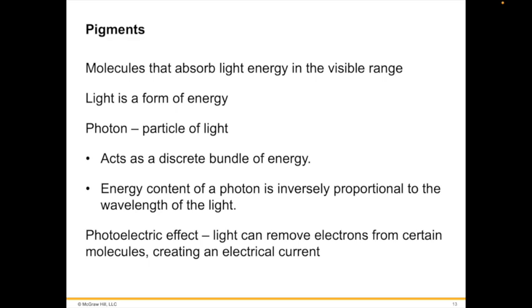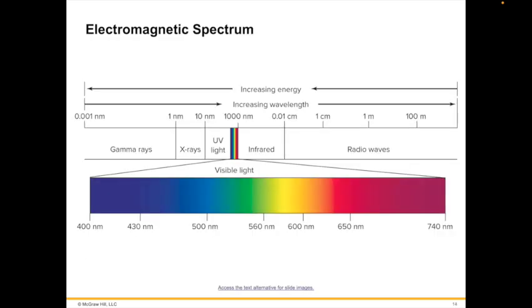To understand how plants use pigments to capture light energy, we must first review current knowledge about the nature of light. The wave nature of light produces an electromagnetic spectrum that differentiates light based on its wavelength. See figure 8.4. We are most familiar with the visible light range of this spectrum because we can actually see it. But visible light is only a small part of the entire spectrum. Visible light can be divided into its separate colors by use of a prism, which separates light based on wavelength.